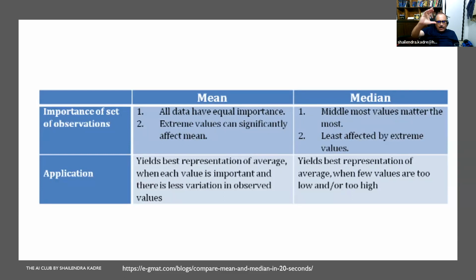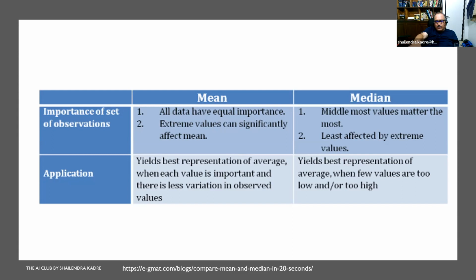Suppose there are 20 numbers, and my numbers vary between 11 to 15, or 11 to 16. My numbers are not varying from 11 to 1000. If they vary from 11 to 1000, then 11 is also an outlier and 1000 is also an outlier. Then I have to go for the median. Got it? Then you read this